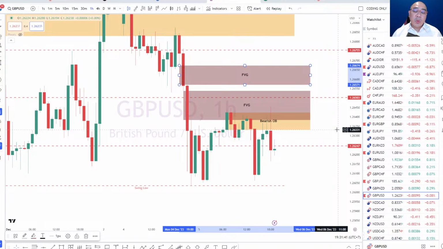So the fair value gap itself is actually not a perfect imbalance to a certain degree, because it only skips one candle in between, right? But by nature, those candles are still connected by the second candle. The first candle and third candle are somehow still connected by the second candle. So in terms of price filling in the gap, it is actually filled, but it's probably not 100%. A normal gap where there's actually space in the market is probably more important. That's probably something that needs to be filled.